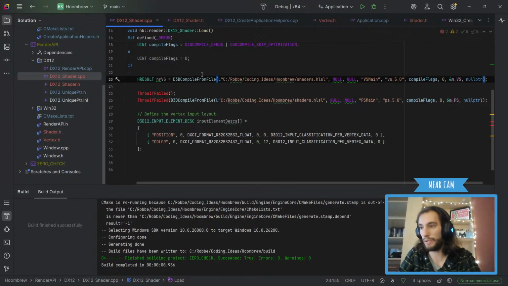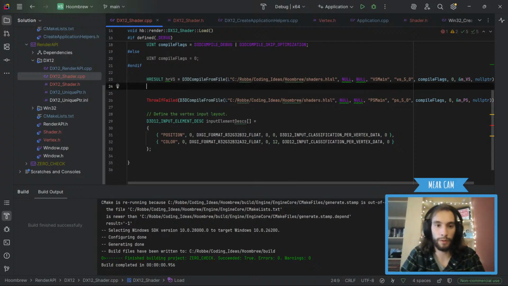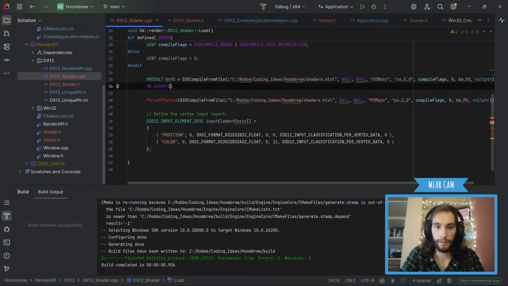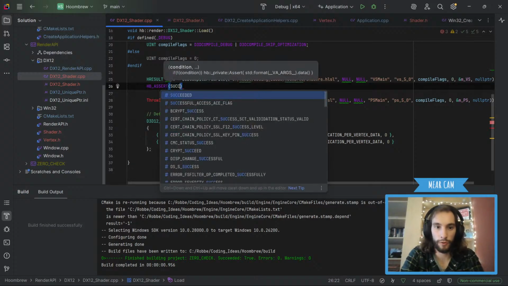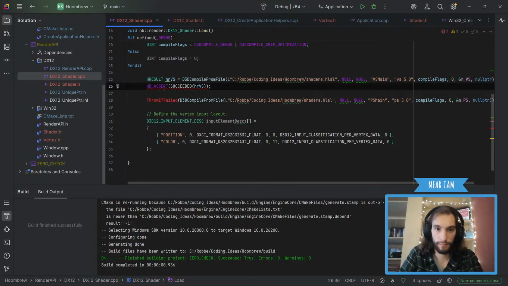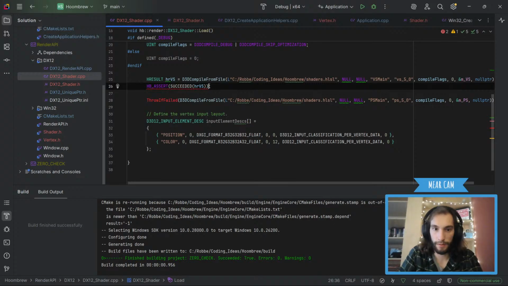Oh, my PC's getting really warm. That's maybe why. Okay, throw a failed, we don't need, but then we're gonna do a runtime assert, which is this, and then we're gonna say succeeded hrvs. Not sure if that will work actually. Okay, maybe it will work.